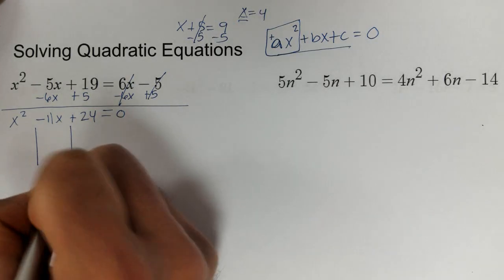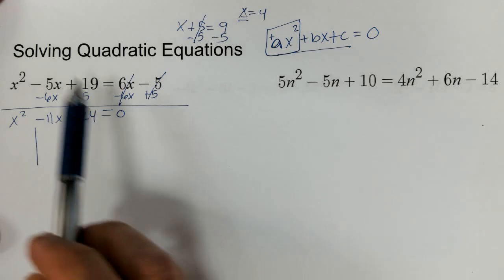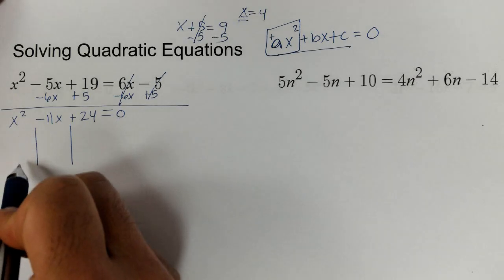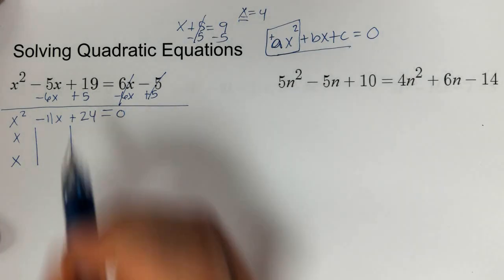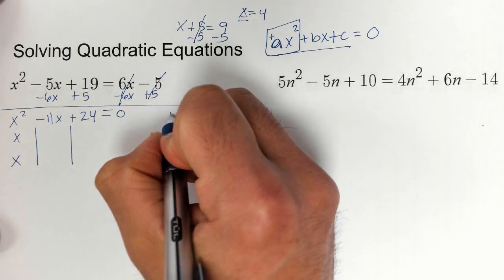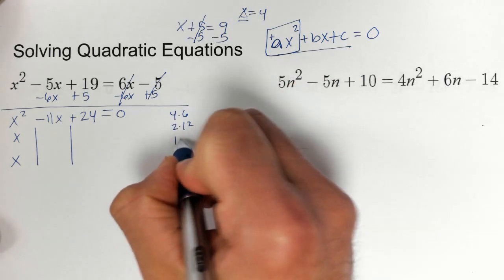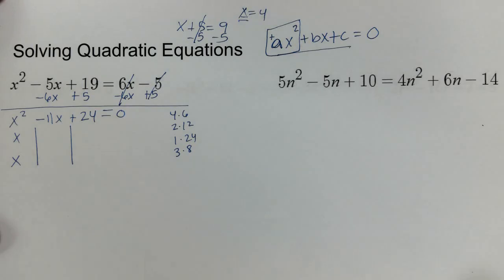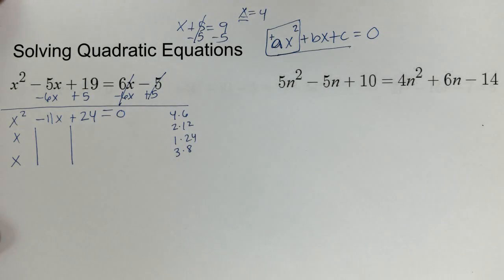Now, I do have another video in a different playlist. You can go down to my Algebra 2 playlist. And in those videos, I can walk you through a lot of examples of this method, where I find the factors of the first column, x times x. And then I find the factors of 24. Now, to get 24, I have 4 times 6, I have 2 times 12, I have 1 times 24, and I have 3 times 8. I want to use a combination of factors such that when I cross multiply here,